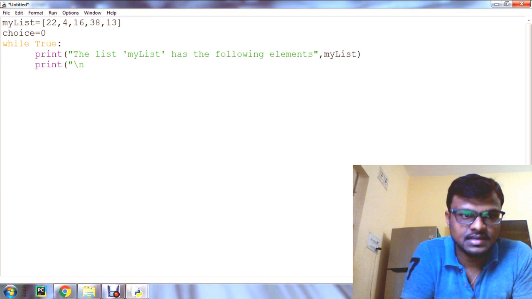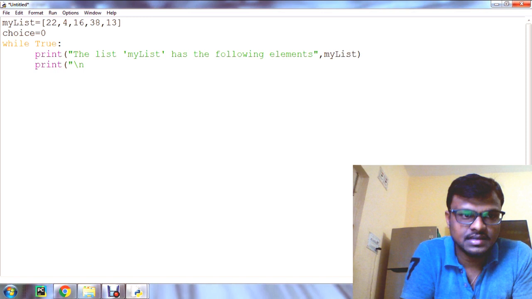This number is a choice number I am specifying to control the choice. Now the second print statement, that is 2. After appending, we can insert, so insert an element at the desired position.